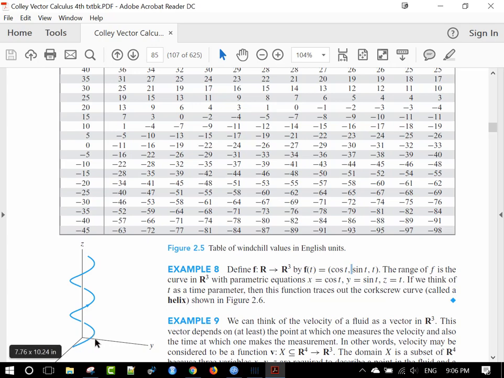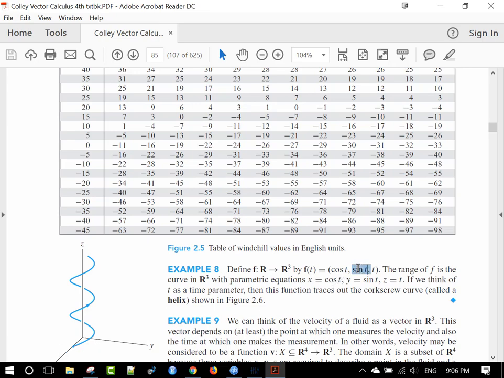The graph of this looks like this. So we're looking at the output. Now this is a parametric equation. In parametric equations, we almost never graph the t. The t is like time, and it's not graphed usually. And all we're looking at is the output as t increases. So as t increases,